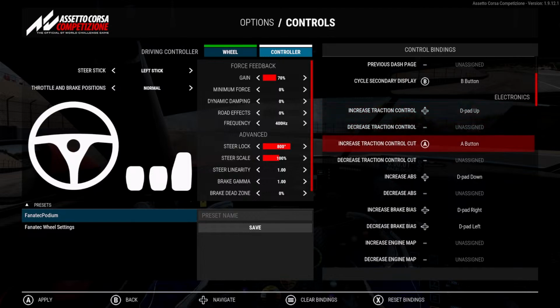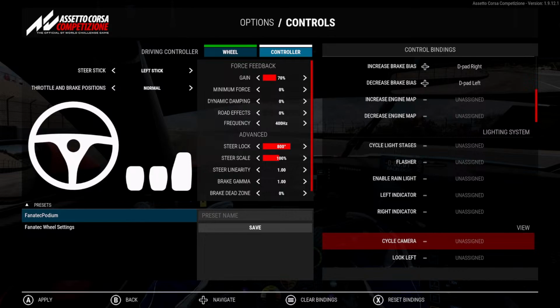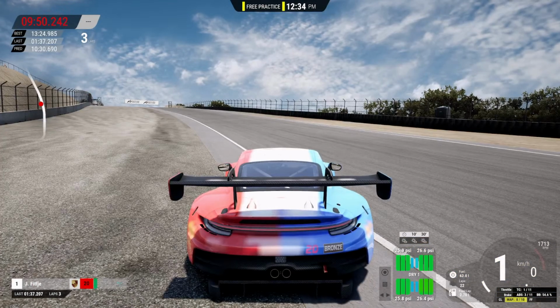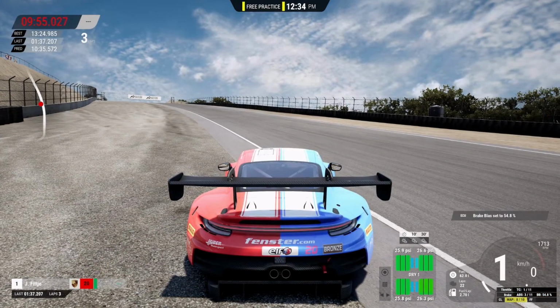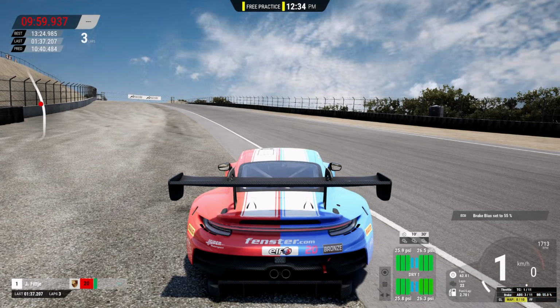So my A button is increase traction control cut. I might not use that. Cycle camera. Let's just put A. And that's brake bias.